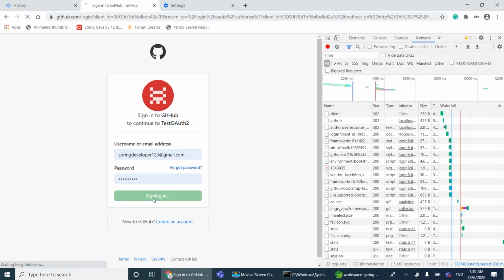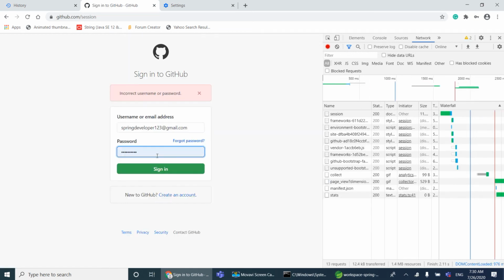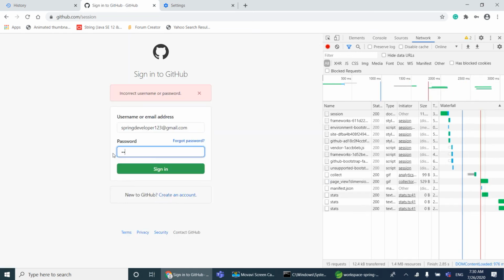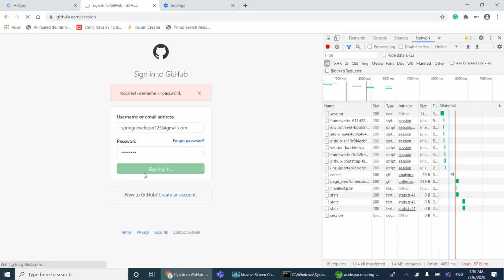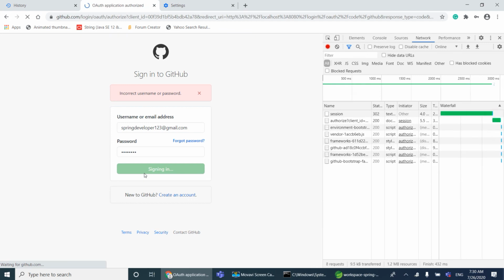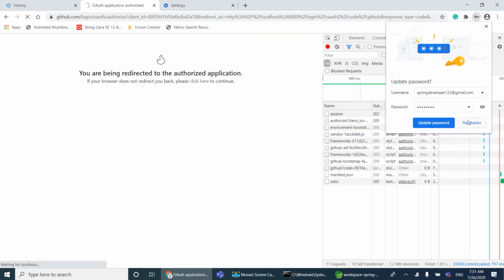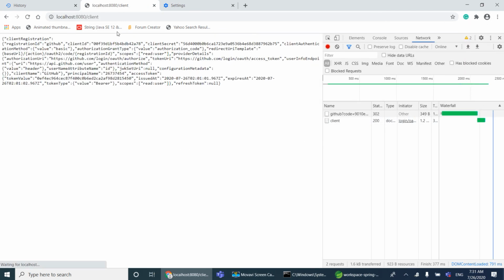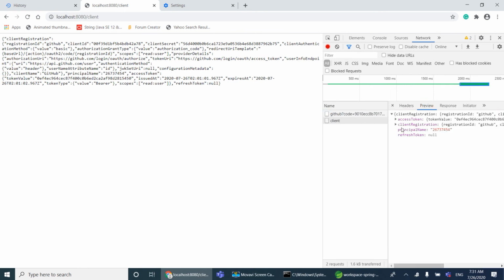Once we log in, I need to enter the password. So we got these details. If I come here in the preview, if you see, it will be more. We got the access token.